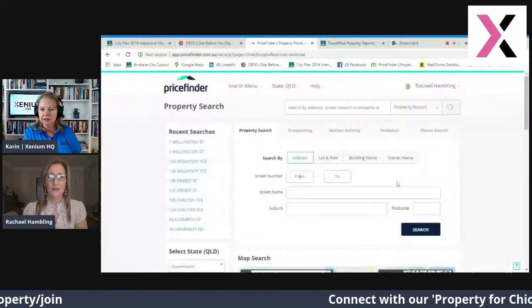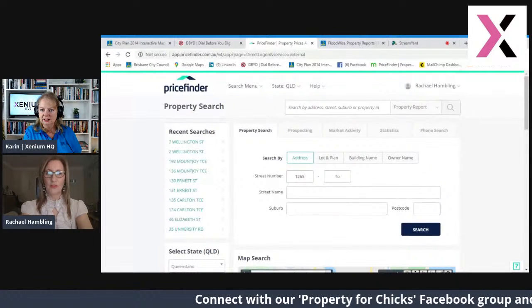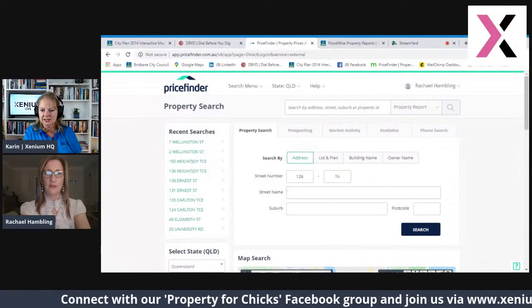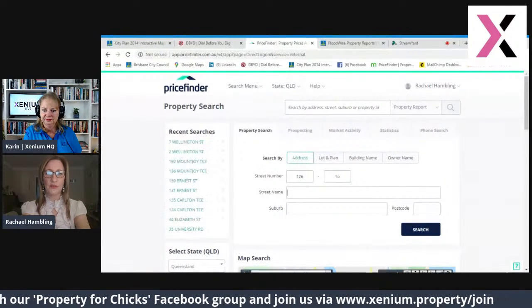Do you have that other screen? Yes, I do. I'm going to bring up Price Finder at the moment. Let's just bring that up. Can you see that there, Karen? Oh, sorry, wrong button. That's all right. I'm just going to type in. So this is actually a paid service, and it's called Price Finder. And there's also